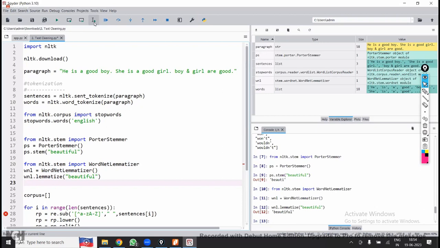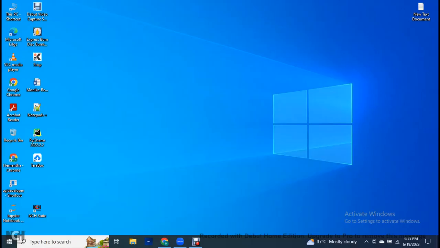Now here, I'm going to write one more example, historical, history. It is going to give the base word called history. Okay, now the same word